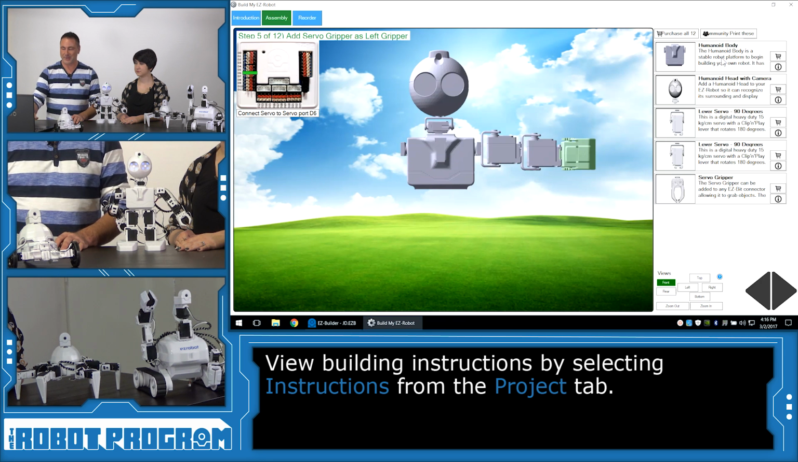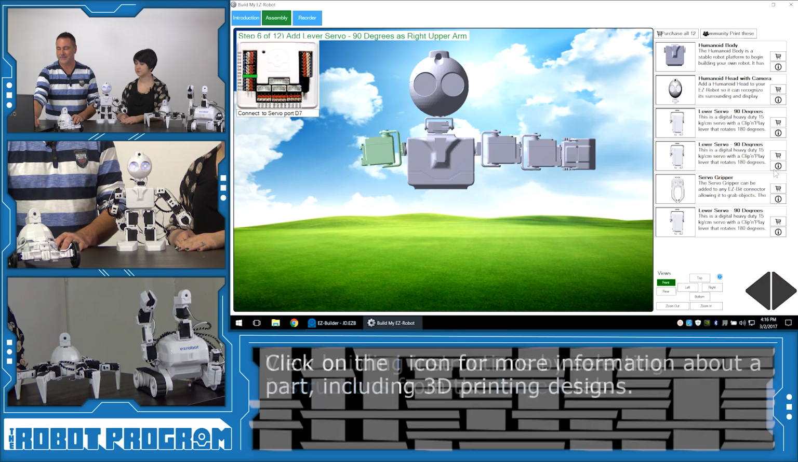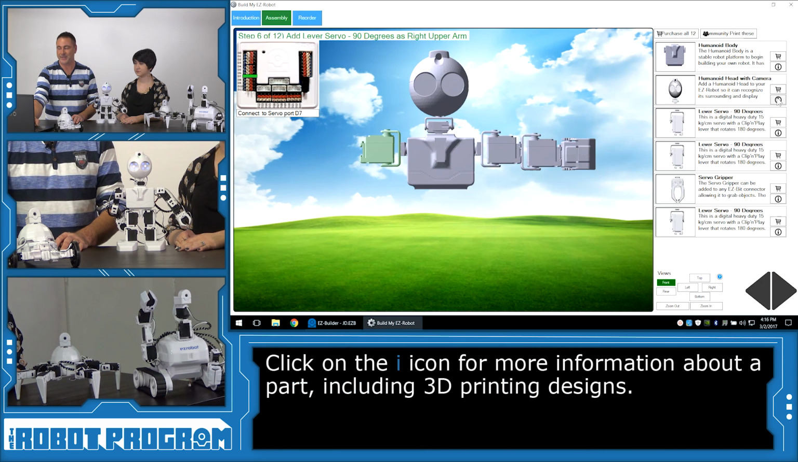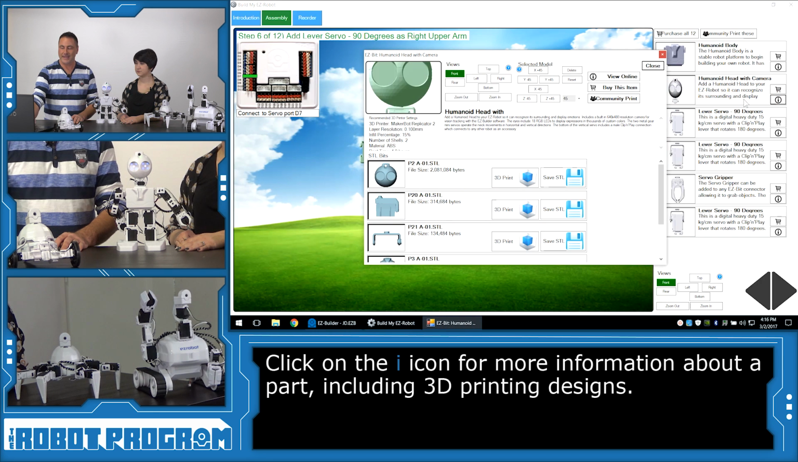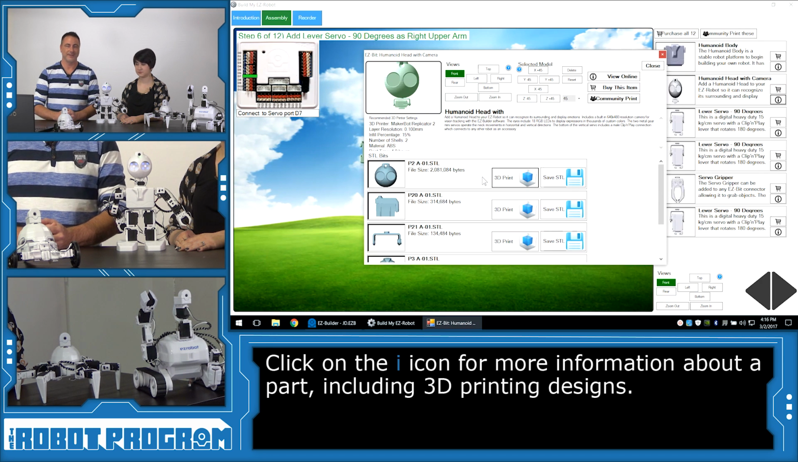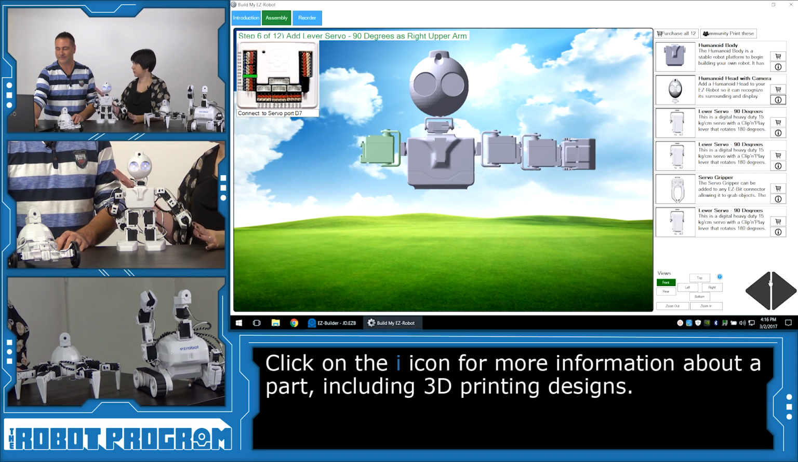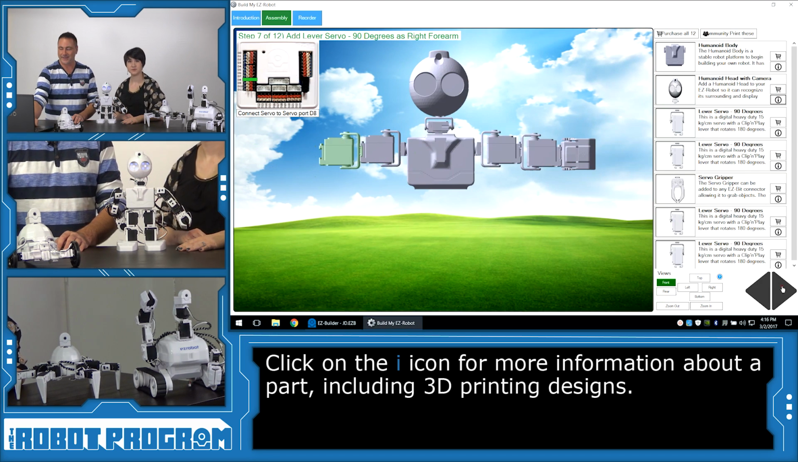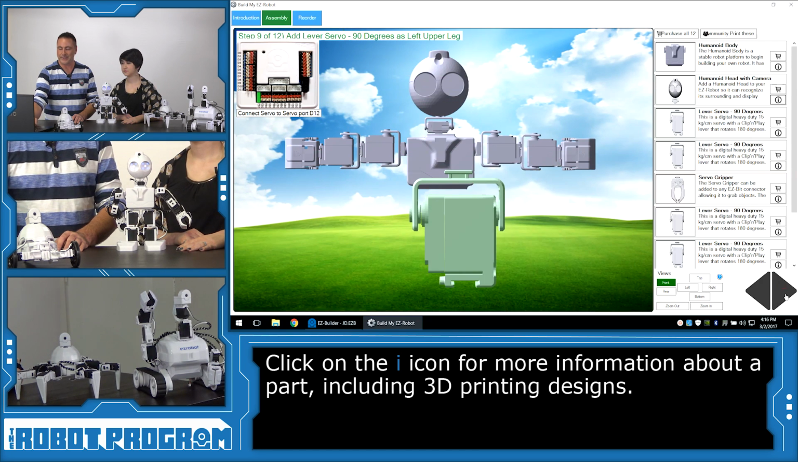Now, the list of all the parts you're using are on the right here. I can click on any of these parts, for example, JD's head, the information button, and I can see information about that part. I can scroll down and look at each part, and I can 3D print the plastics right from the software as well, if you have a 3D printer. So we can modify our robots to look however we want. That's right. So I keep building my robot, and eventually